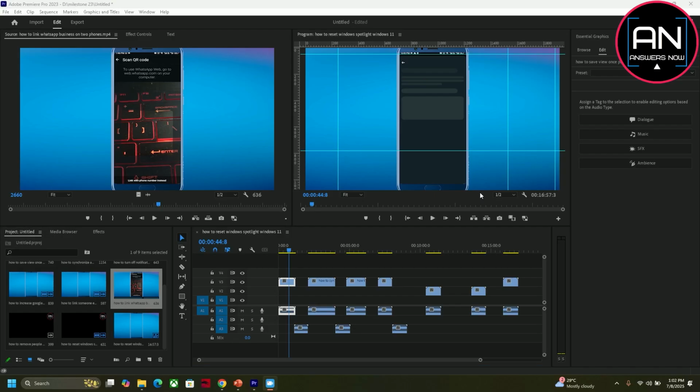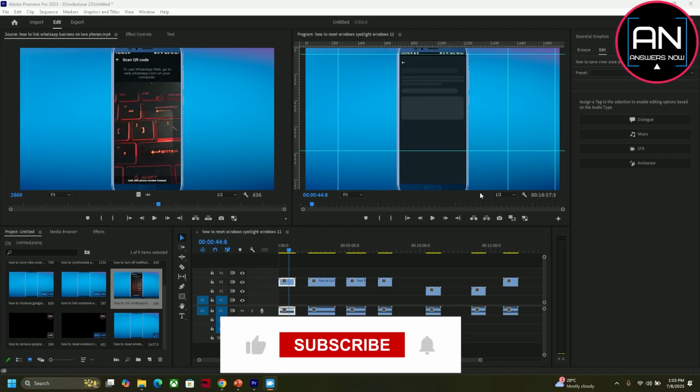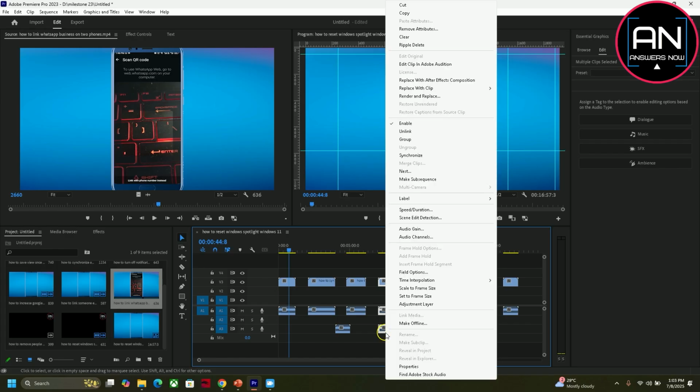In today's video, I'm going to show you how to sync multiple clips in Premiere Pro. It's really simple and easy. So as you can see, I have some clips in the timeline. So I am going to add some audios as well. These are external sources. So now you have to select the video and audio here, then right click on it and